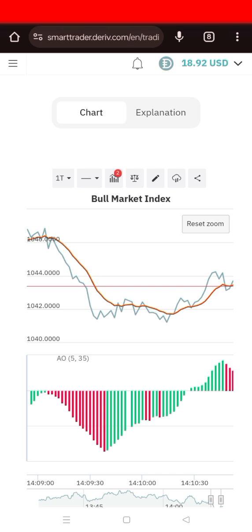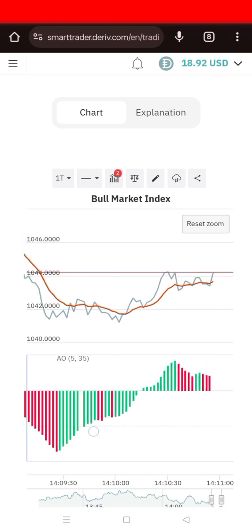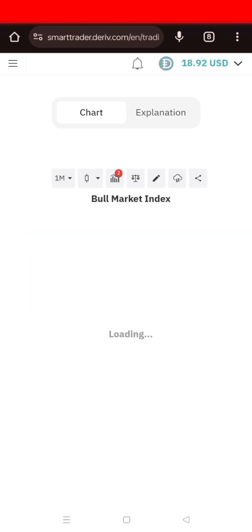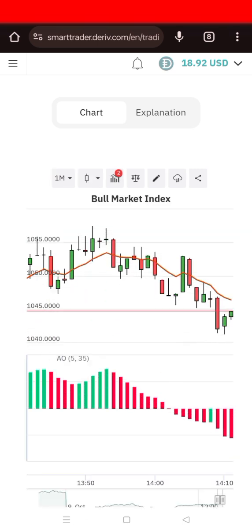analyze. So looking at the chart there, you can see the blue line showing the market, and the orange line showing the exponential moving average. So whenever you see the market, like you can see I've changed to candlesticks, whenever you see that orange line above the candlesticks, or above the blue line, you can